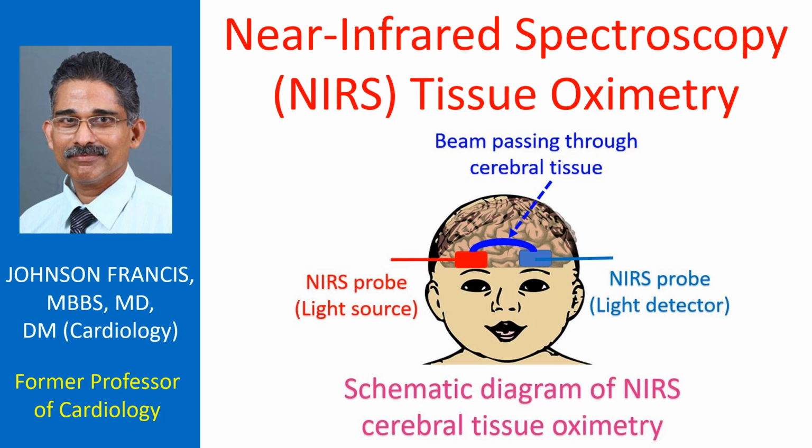Near-infrared spectroscopy tissue oximetry is an emerging non-invasive method to evaluate tissue oxygenation. It can measure oxygen delivery to the cells of the brain and kidneys, two important vital organs. Though this technology was first described more than 40 years ago, use of NIRS has increased significantly worldwide in the